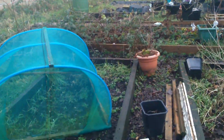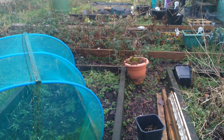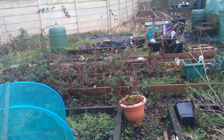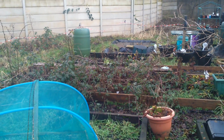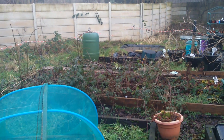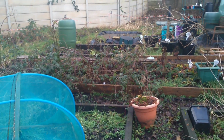The beds back here, I've really got nothing in them. That's where the onions were last year. That just needs tidying over, and I think I'm going to put beans in there this year. At the back of it is all the raspberry canes and blackberry runners, or whatever you want to call them, because I found there was a blackberry in the middle of the raspberries. So they won't be trimmed back, hopefully I'll get it done today, and they're going to be moved from